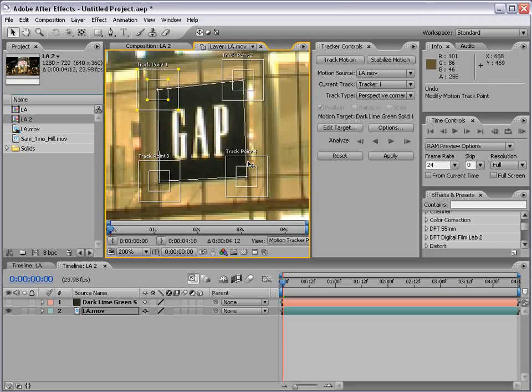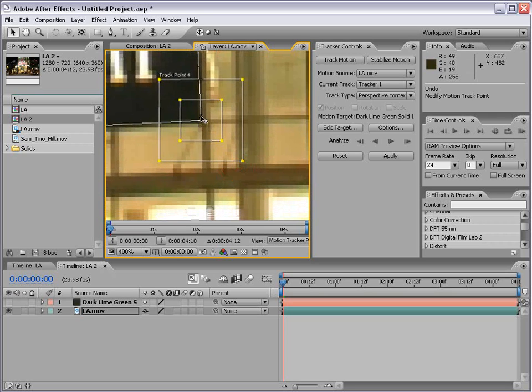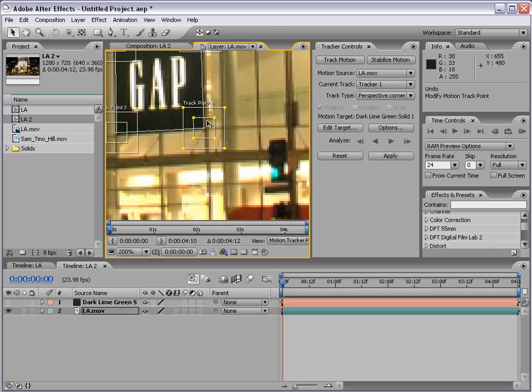Now, one of the cool things about motion tracking is you do not have to track the point you're looking to calculate. For example, this track point number 4 is going to track this point right here, right in the middle of the track area. And as you can see, it's going to create the coordinate of about 600 by 400 if you look into my info palette here. Now, that's all fine, but